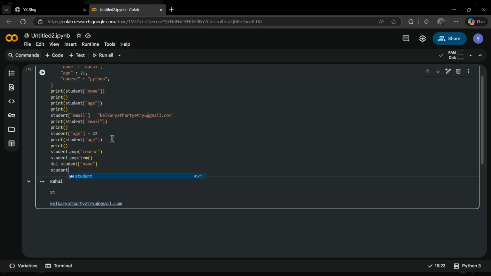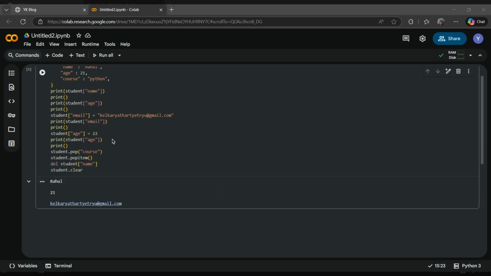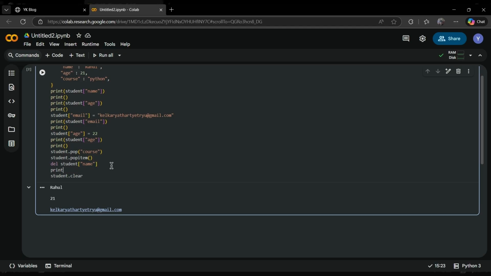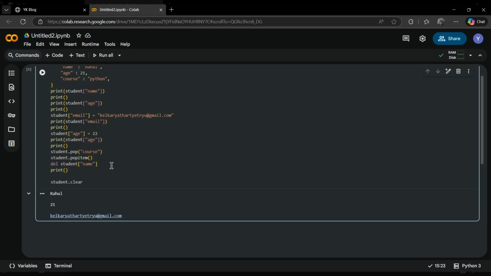Student dot clear removes all items in the dictionary. Now we'll just be printing one line after this so that we get